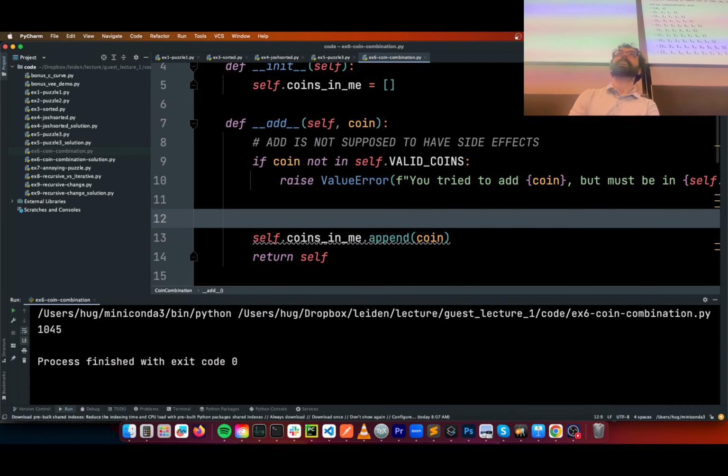So we're going to find all the different combinations of coins that we can use to make a certain amount of change. So for example, if I want to get 11 cents out of all the available European coins less than $1, then I could do a 10-cent coin and a 1-cent coin, or a 5 and a 2 and a 2 and a 2, or 5 and a 2 and a 2 and a 1 and a 1, or 5 and a 2 and a 1 and a 1 and so forth, and these are all the combinations. I want to write code that finds them all, and it just turns out that this kind of problem works really well in the world of recursion. So any questions about the goal that we want to solve?